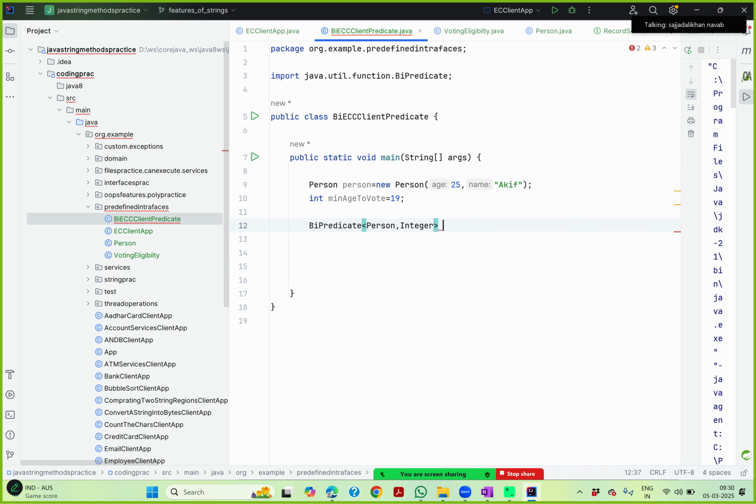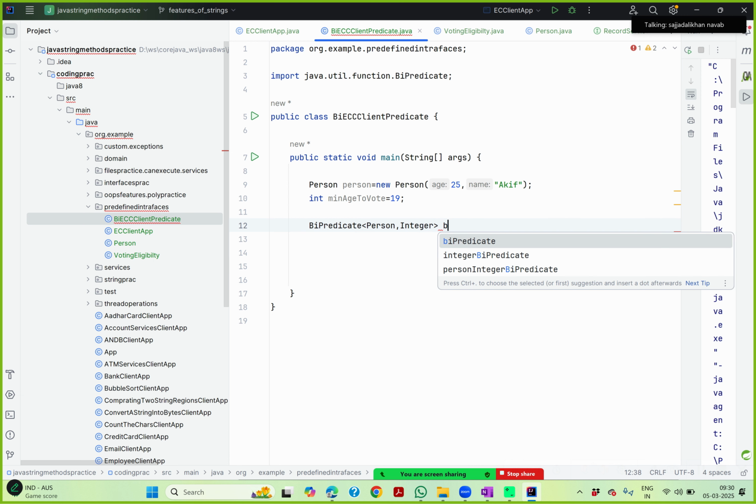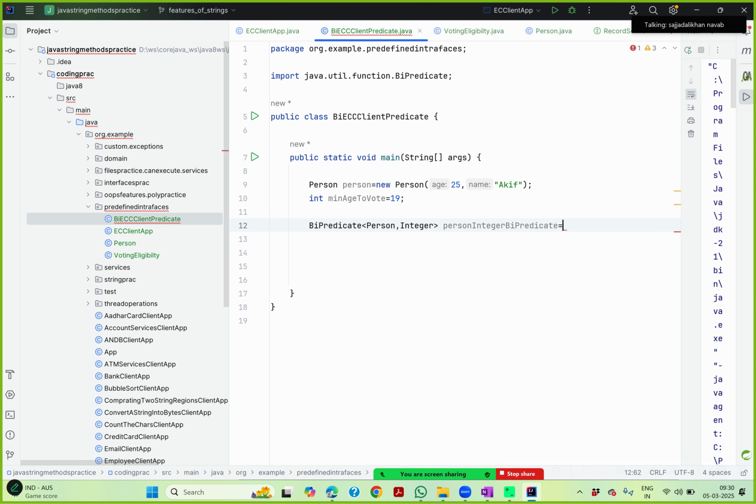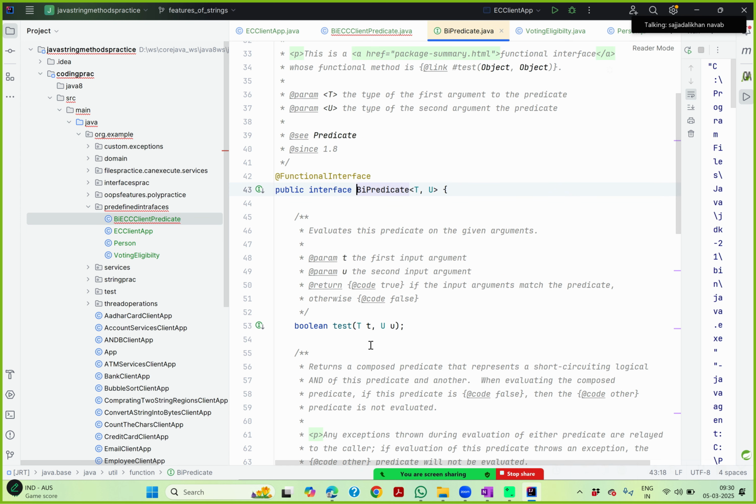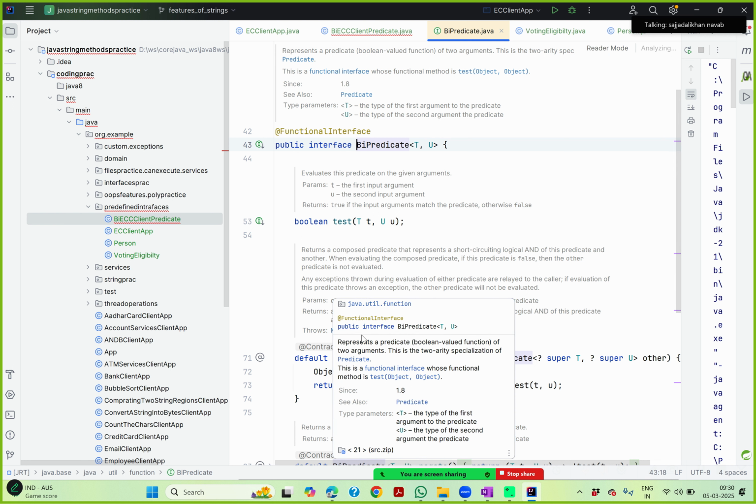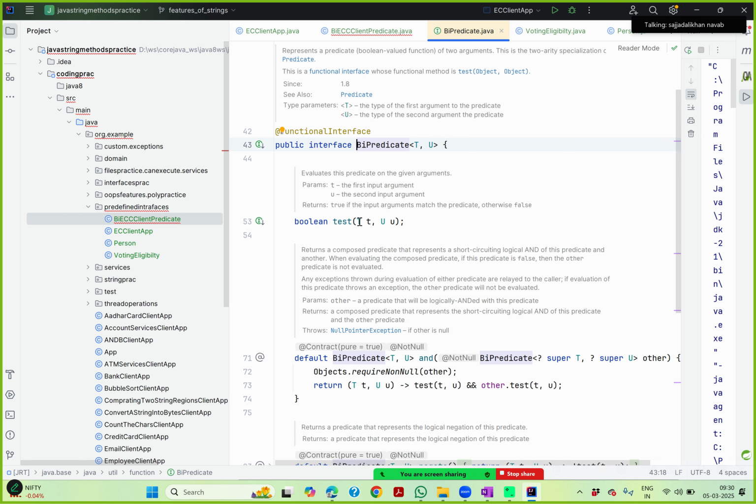Integer, integer. Okay. So now what you will do is I'll say BiPredicate, Person, Integer. Okay, fine. So now this BiPredicate will have two methods. It will have a method called test, which takes two parameters: one is the object, the other one is the argument. You can see here that